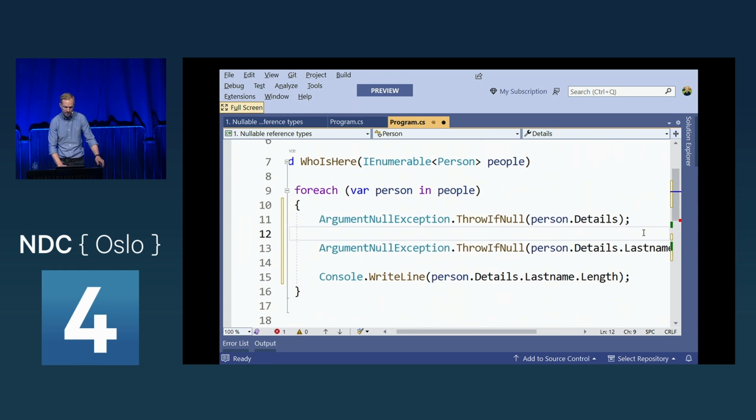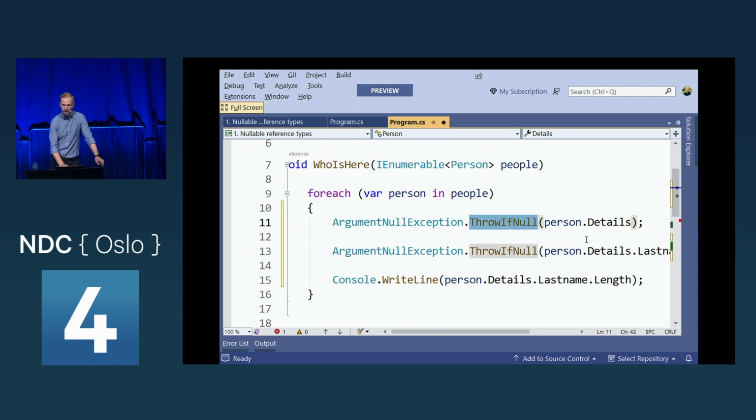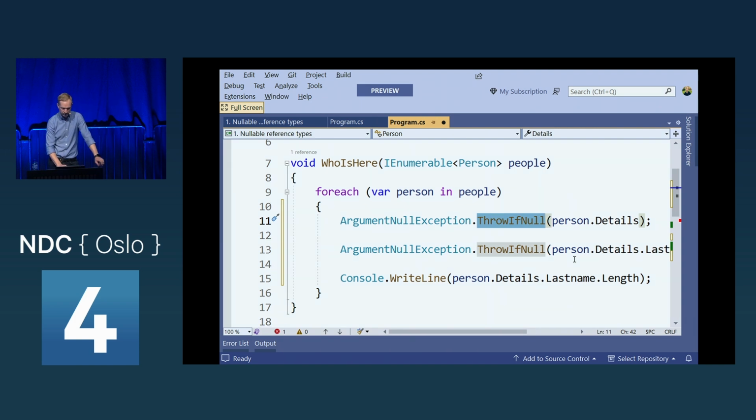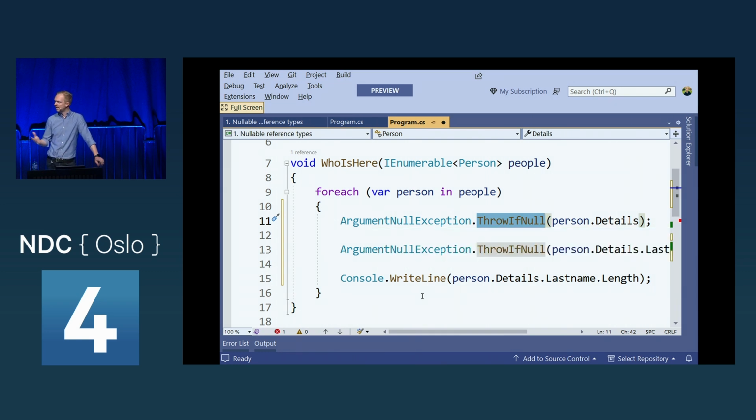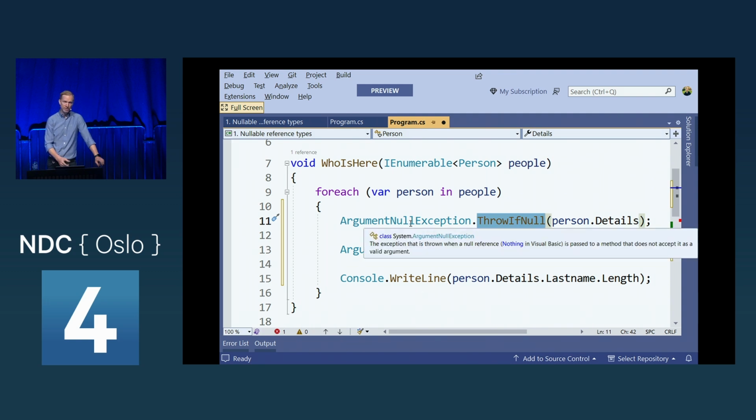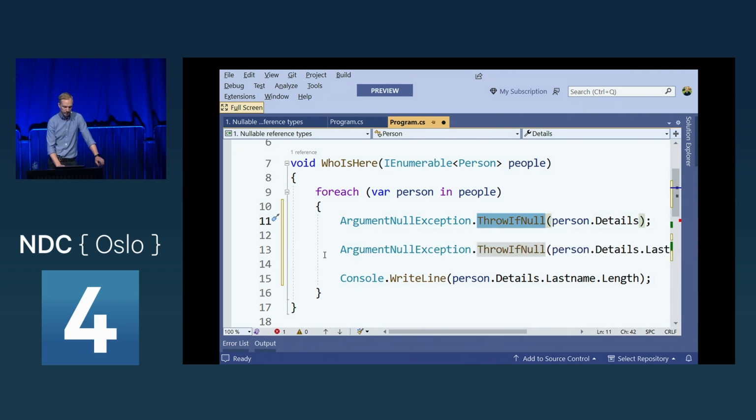Now it knows that this method promises that if this is null, it's going to throw an exception. So it validates this input argument and then tells me if there's an exception, or there are no null references. The compiler's doing a whole lot of smart things here. I know a lot of people that enable this in their projects, and they find a lot of potential null reference exceptions, which is better to find at compile time rather than at runtime.